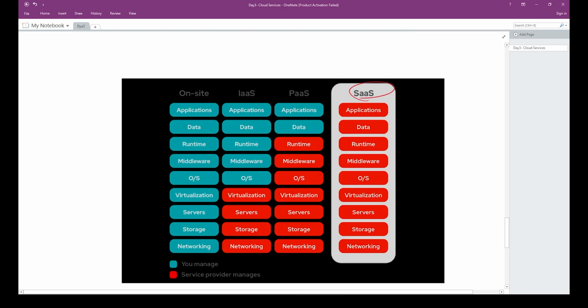And finally, SaaS, or Software as a Service. This is the most complete package. You just log in and use the software over the internet. Everything from infrastructure to code to updates is handled by the provider. You don't install anything and there is zero maintenance from your side. It's like staying in a hotel. Everything is already ready and you just enjoy the service. Some everyday examples of SaaS include Gmail, Zoom, Canva, and even Netflix.